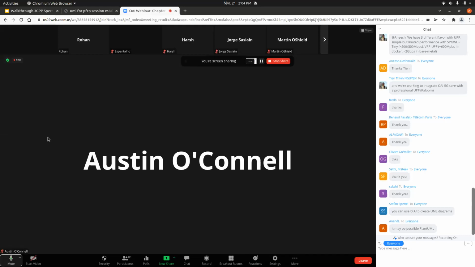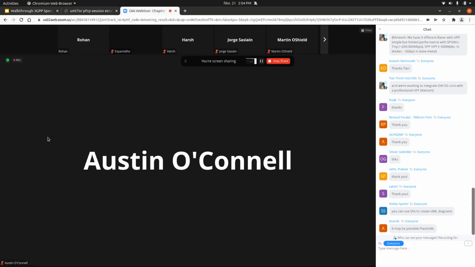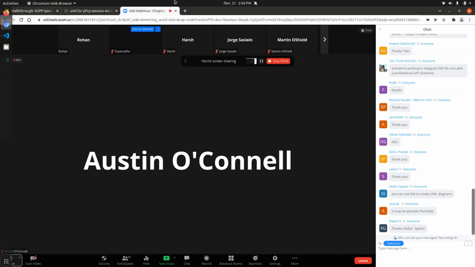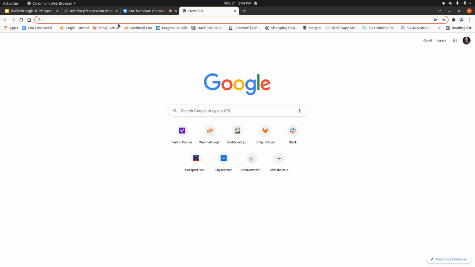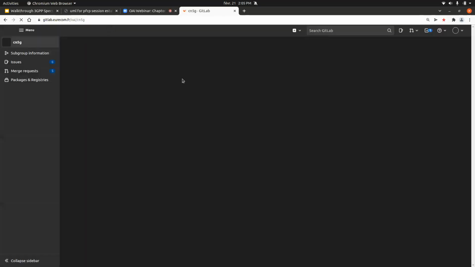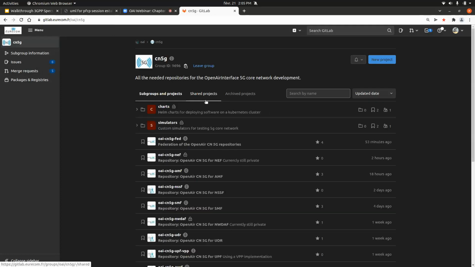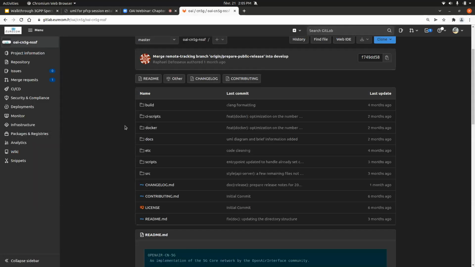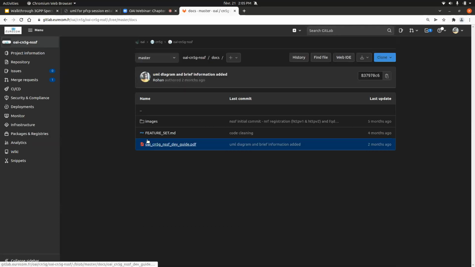Normally we have not documented all the UML diagrams. For example, I started to do it for NSSF. If you go to NSSF, we can see it. But for the rest of the components, we have not yet done it. Eventually we will do it for the components when we document them, and we will try to mention it on the website. For example, if we go to NSSA, you can see